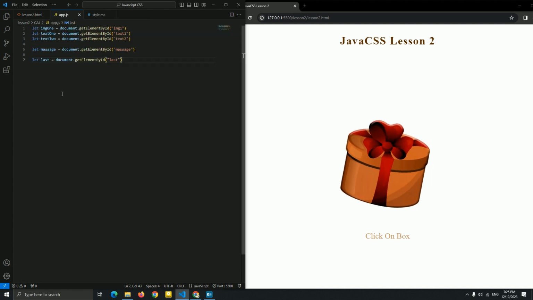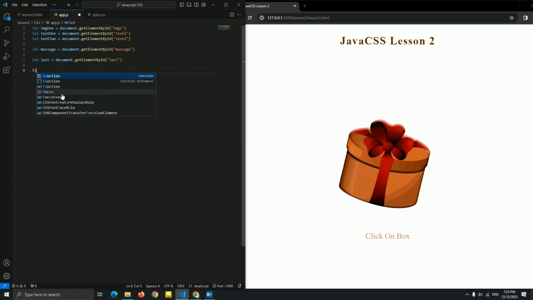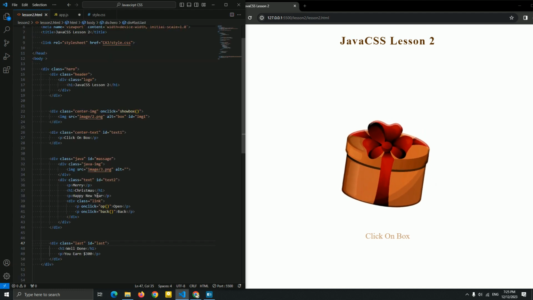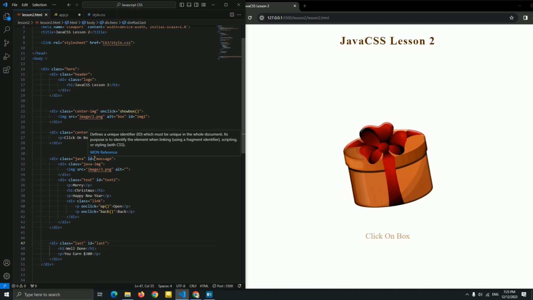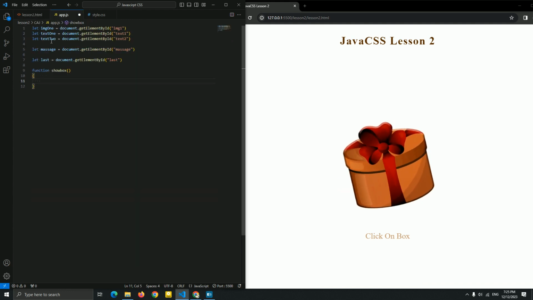So let me add the function show box. So what we need for this show box, first I want this message of the JavaScript that we added, opacity 0, to become opacity 1 to show the user the message. So we named it message.